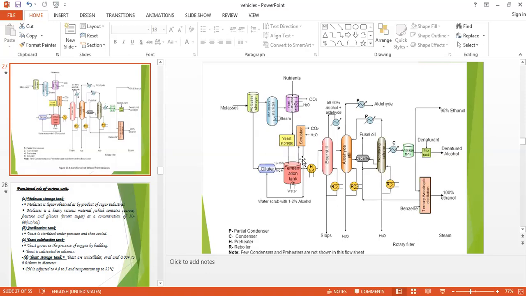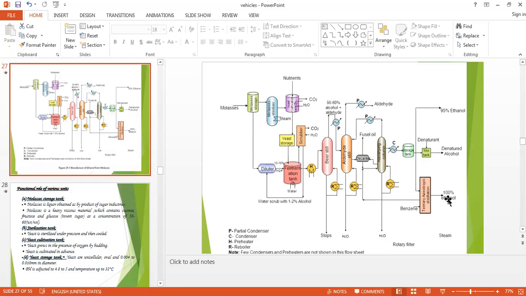Then we evaporate it, do the purification, and finally we get ethanol as the last product. So preparation of ethyl alcohol we have taken very nicely in the class, and you have also written it in the paper.